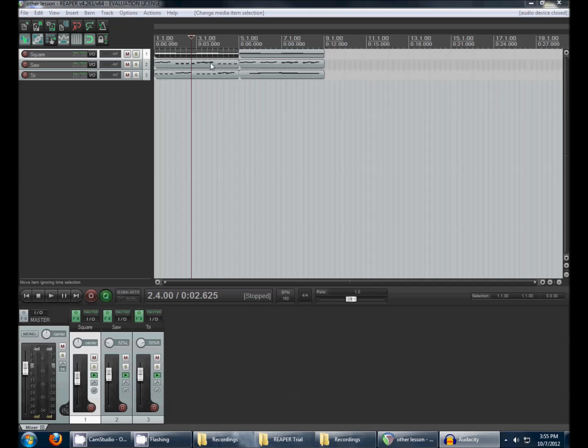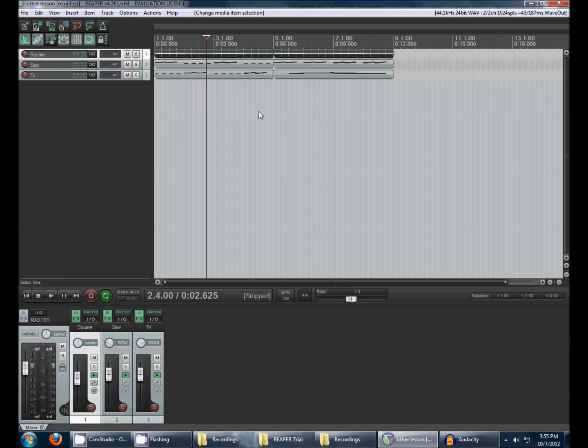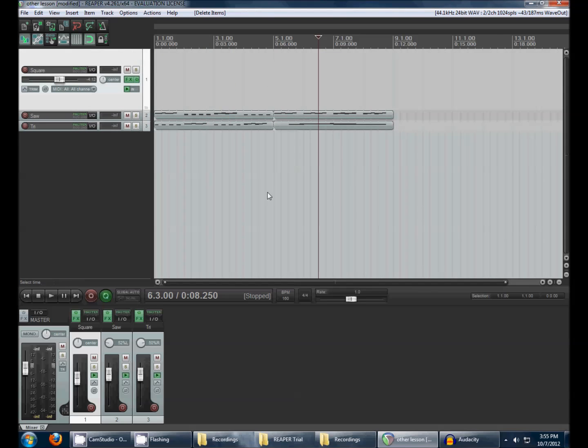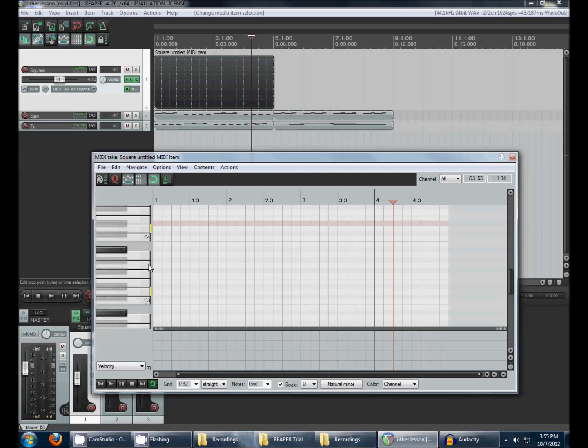So I have my same project file open from last time, and I'm just going to get rid of this bass line here and keep the melody. So I'll drag out a MIDI clip and get started. We use the same progression since that's what the melody was written for, but I'm going to